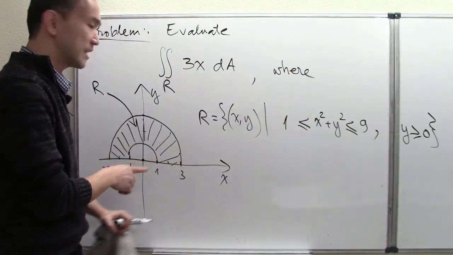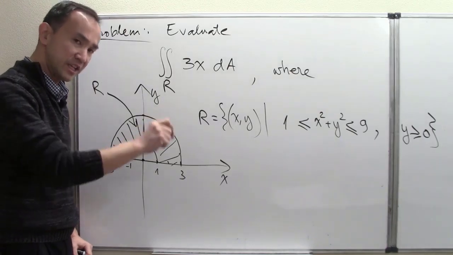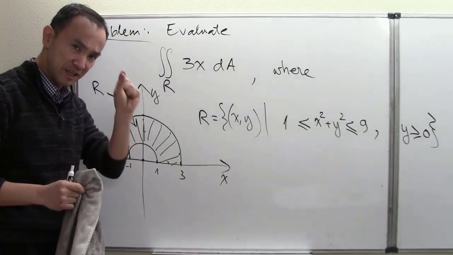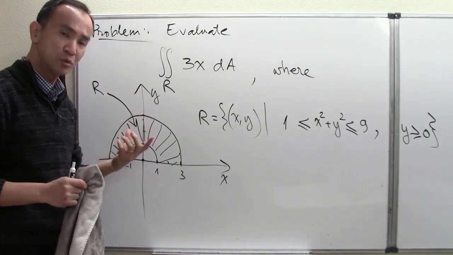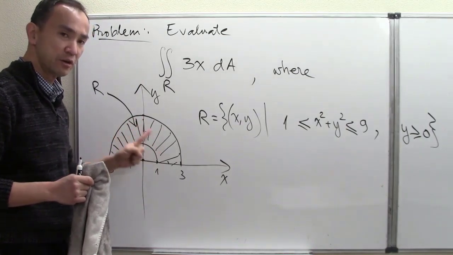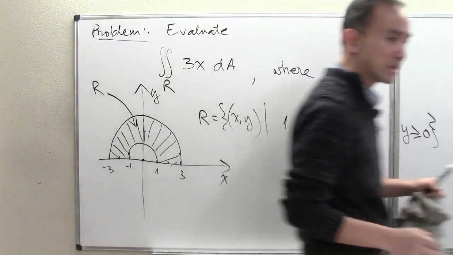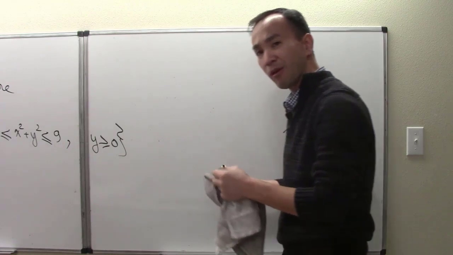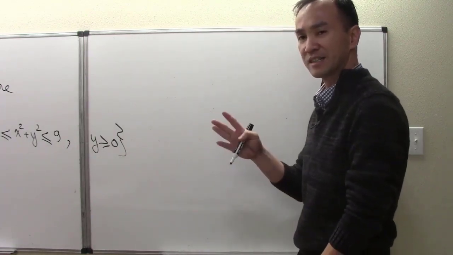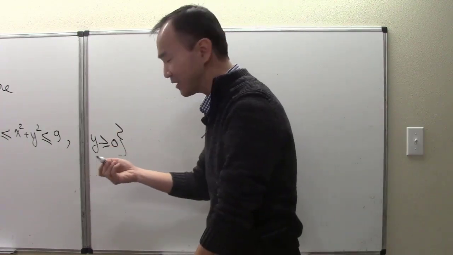So clearly it is a non-rectangular region. The technique we're about to use is called polar coordinates. With a problem like this, we must have learned how to calculate a double integral over a general region, a non-rectangular region. Now if we apply that, let me bring it over to the other board. If we apply the usual methods we've learned for calculating the double integral over a non-rectangular region,